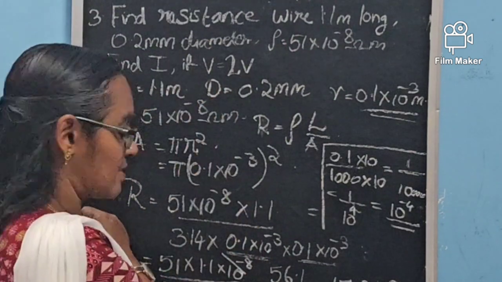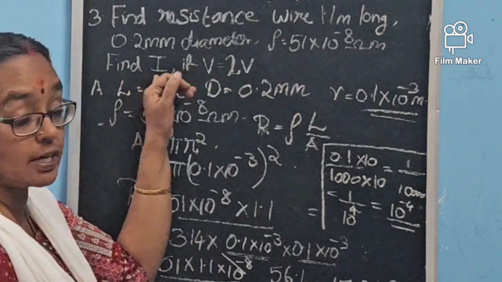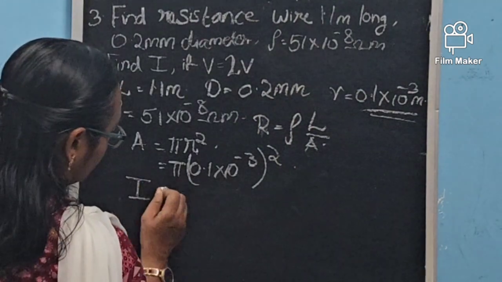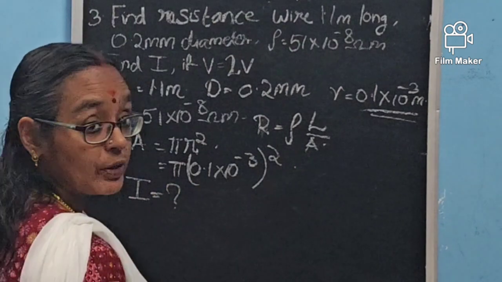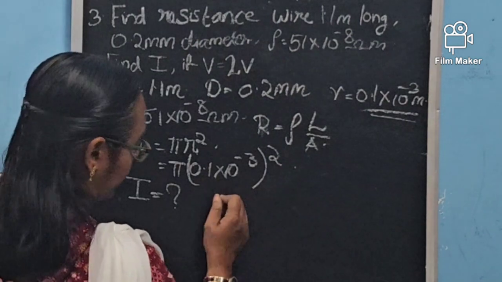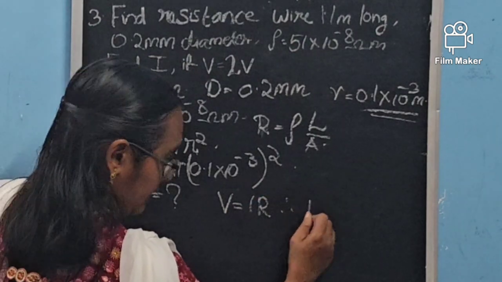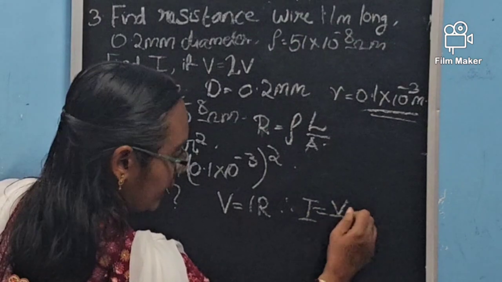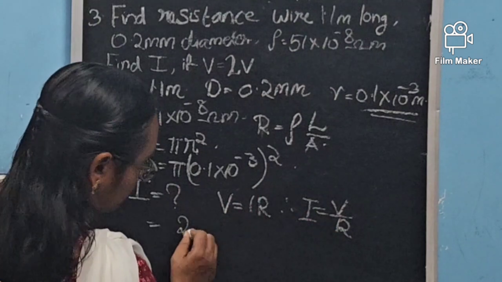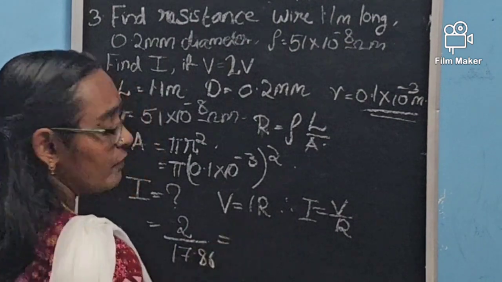This is the resistance. Is there anything more to find out? Yes, we have to find one more thing. That is the current. How can we find it? We know Ohm's law states that V is equal to IR. They have given the voltage and we have also found the resistance. So I is equal to V by R. We have to apply the values directly: 2 divided by 17.86. We will get the answer as